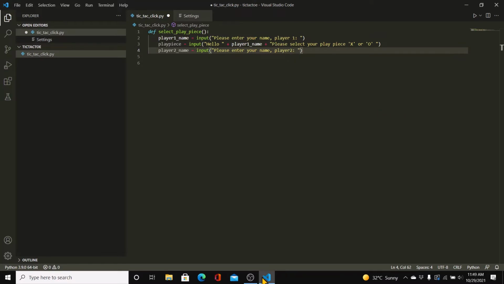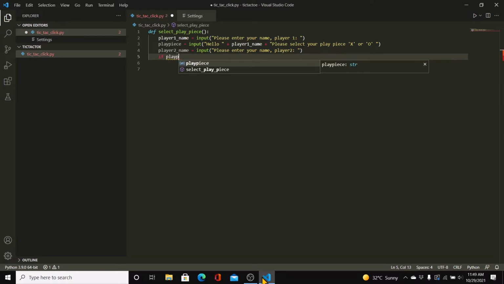Right? Now player 2 doesn't need to choose their play piece. Remember, it's either X or O. So now we can check what play piece contains. If play piece equal to X, then we print